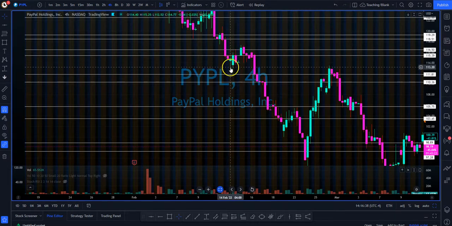We opened here. Sellers were heavy, but buyers stepped up as we got down to this 112.50 area, like 112.60. They came in hot, heavy, pushed us back up, right? We got all the way up to the zone, but there's a lot of sellers up here, so boom, we closed right here. But it was a green candle. So we open again, and who knows, right? We push up, we push down all the way. Well, we open down here, but we get this gap and we push around and boom,